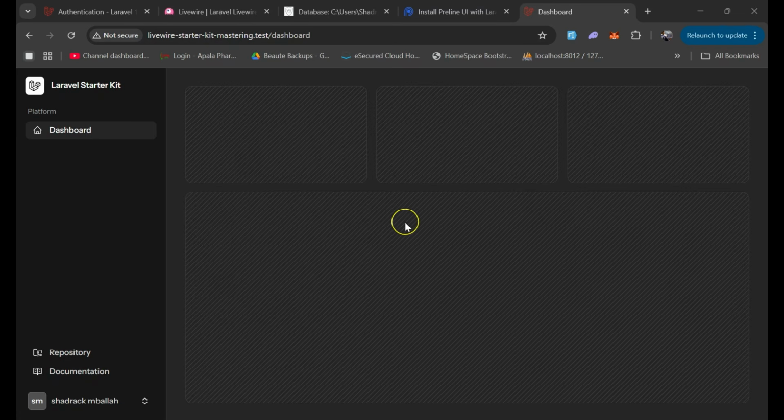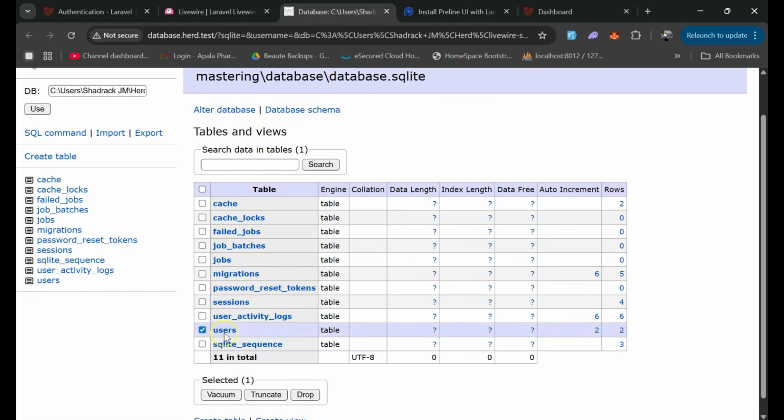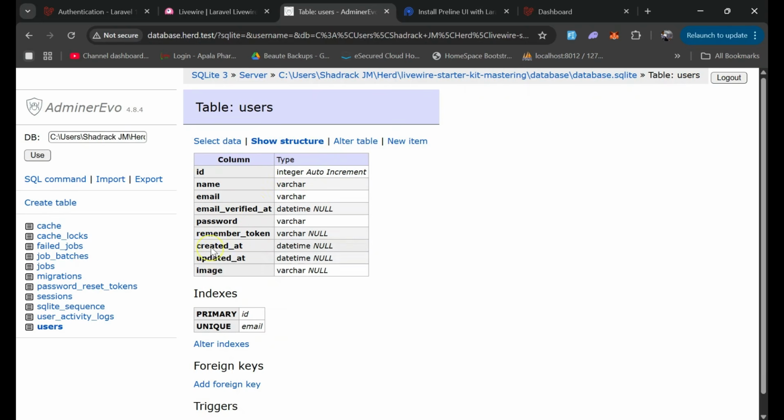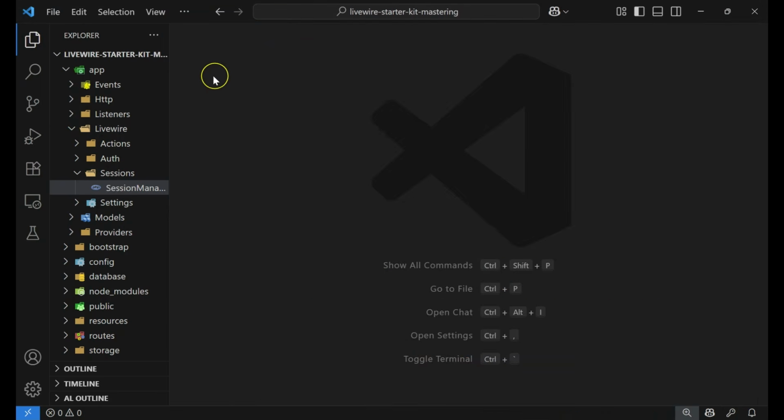So I'll do that by first of all adding a column which will act as a flag for our database. So if you visit your database again, when you visit your users table, here we need to add a flag column that will help us to track if that account has already been suspended. So what I'll do, I'll start by